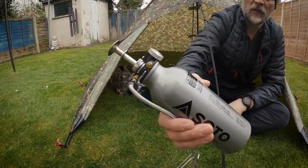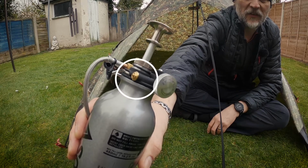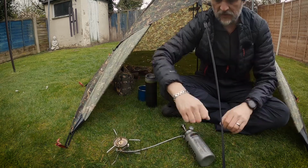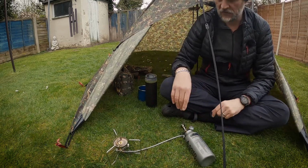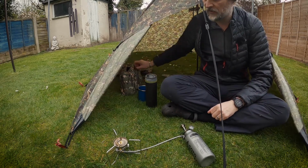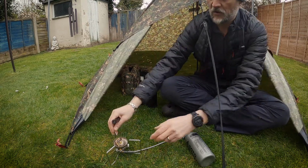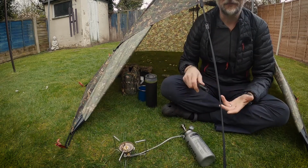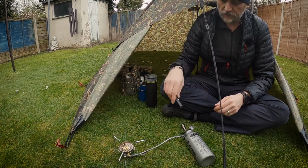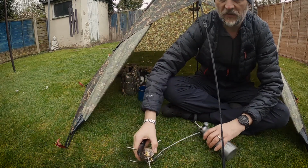You pump the bottle until there's a little nodule that pops out the side at the top, and that tells you the pressure inside the fuel bottle is good. And you bring it up to there, and you must have your lighter ready, because these things start pretty rapidly. I got one of these little jet lighters. And the reason they go a bit haywire at the beginning, which is why you should never do this inside a tent,